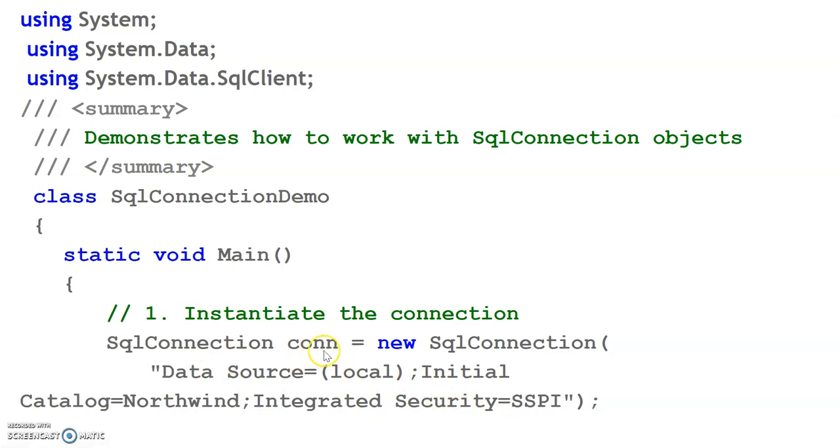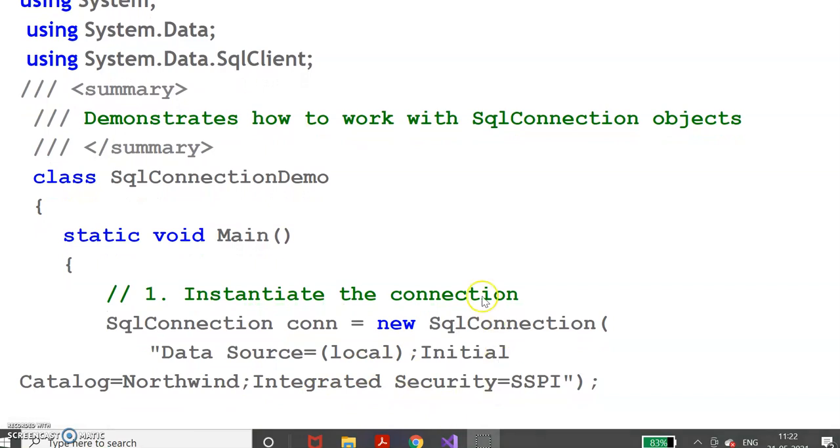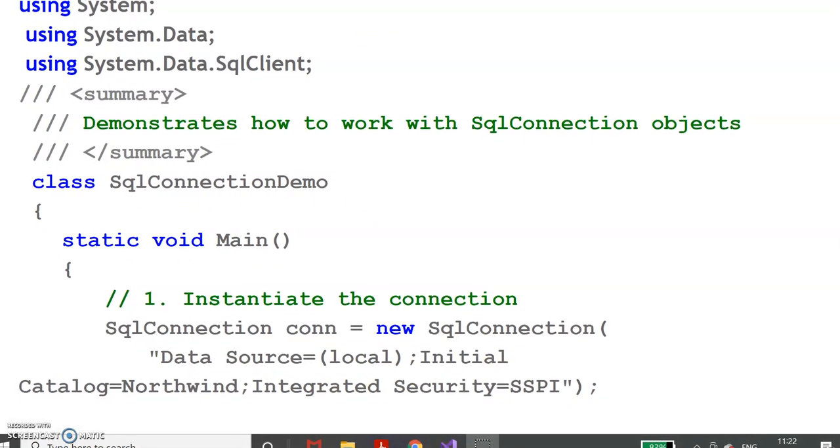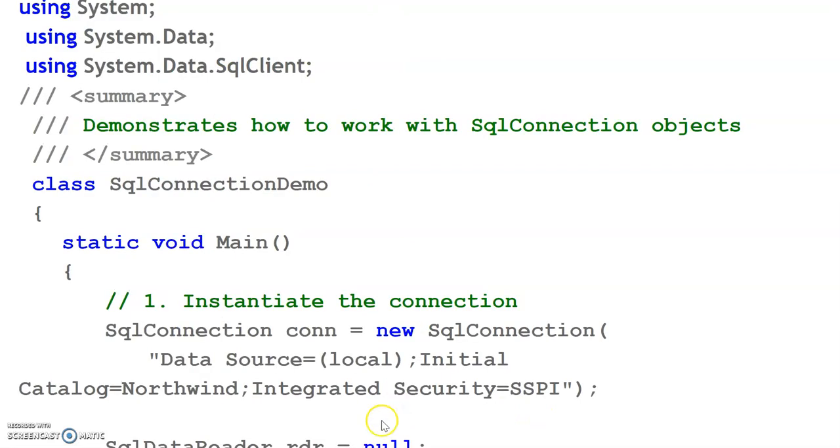So this is for creating a connection con. Then SQL data reader, see the last line: SqlDataReader is equal to null. Now this data reader is for reading the data. This object will be used.